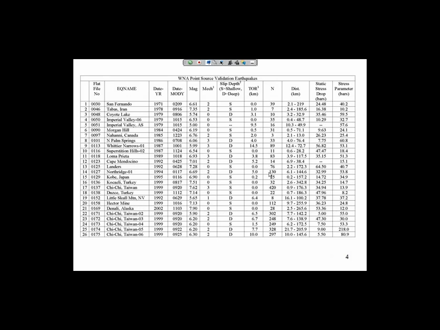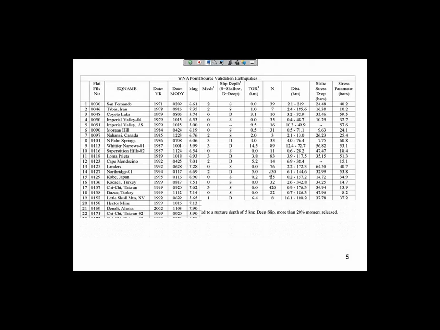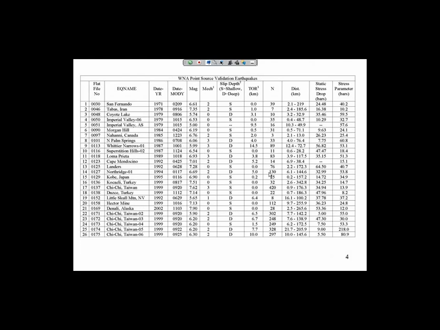And we have, going from your left to right, earthquake name, its year, its moment magnitude, mechanism. And mechanism is defined on the second page, but zeros are strike slips, and ones are normals, twos are reverse, and 3 or 4 are some combination of reverse and oblique or normal and oblique. Then we define slip depth as either shallow or deep for the earthquakes, top of rupture,